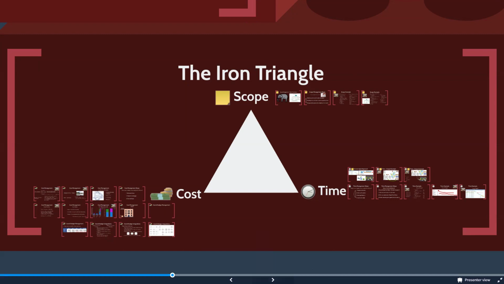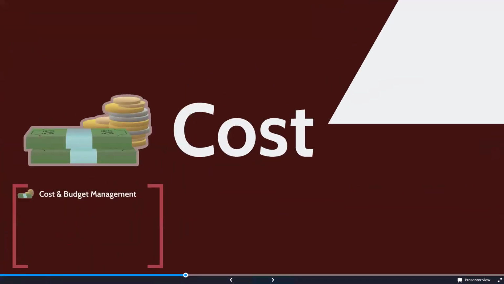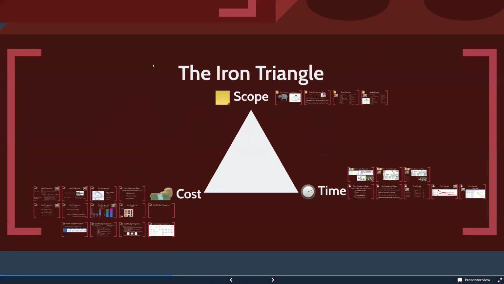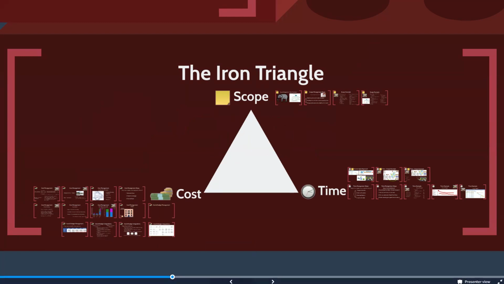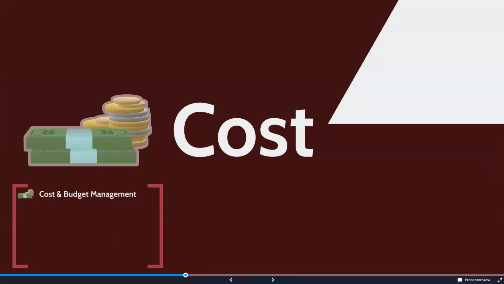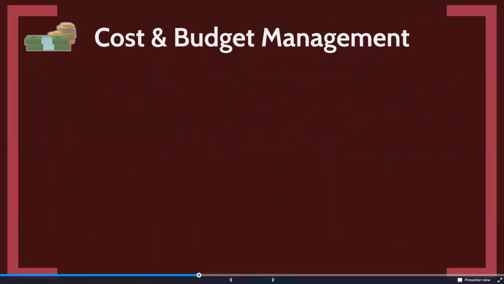I have several ideas and concepts that I want to share with you here. We start with the concept of the iron triangle, where, when it comes down to capital projects, any project, scope, cost, and time are inextricably linked. And so we have to live with that link. Today, again, we're focusing on cost. So here's what I teach when I teach budget and cost management. I've got three fundamental rules, and I hope people find these helpful. I think they've found them helpful in the past.